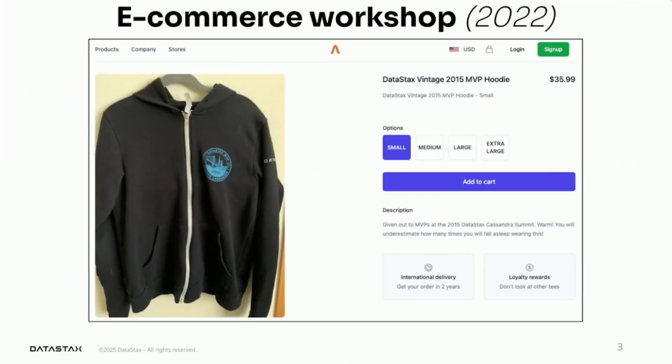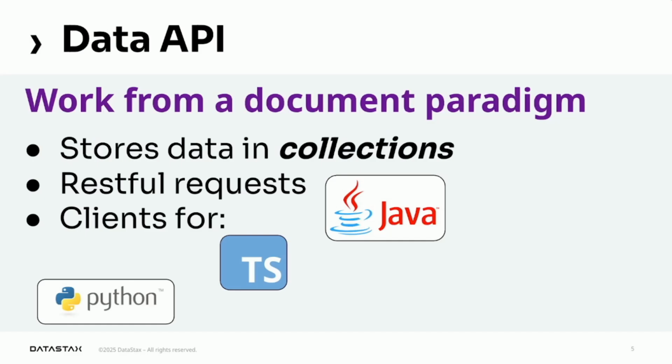As I mentioned last time, this is a continuing series based on the e-commerce workshop that we used to run a few years ago. The idea is that we have this great application that runs on Spring Boot and Spring Data Cassandra that uses the old CQL ways of accessing the table data in Cassandra and in AstraDB. What we're going to do is convert that code to use the Table API without needing to touch the underlying data storage.